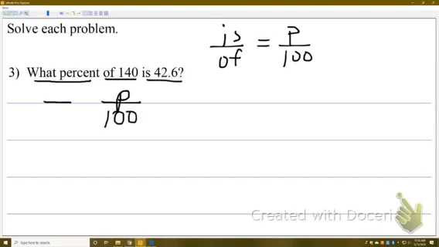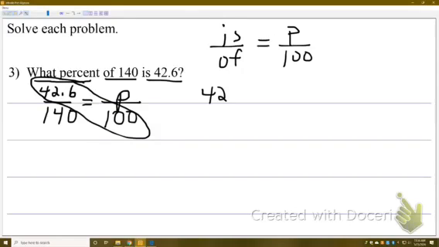Okay, which one is the is? Because it goes on top. So the is 42.6, and the of is 140. And you now have that set up as a proportion because we can say it's two fractions equal to each other. And now if you remember your butterfly in this, you will go